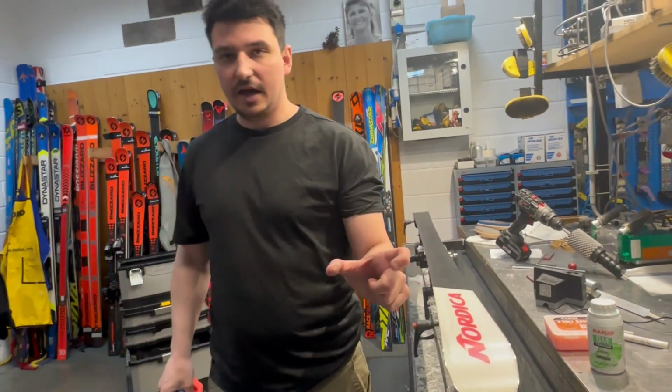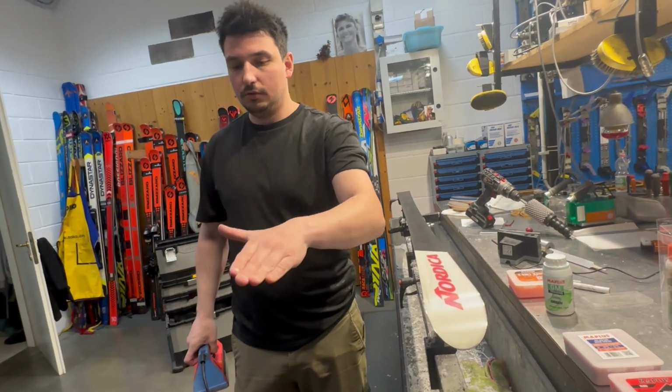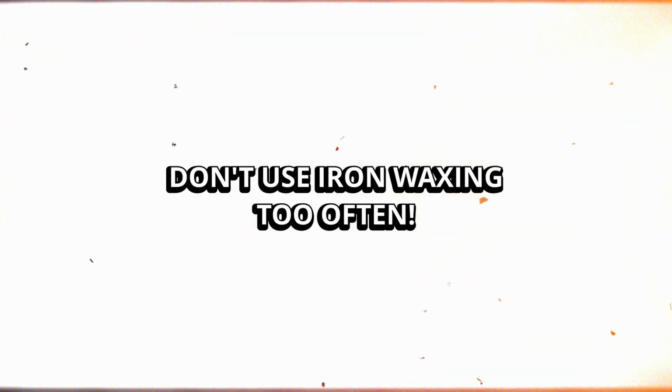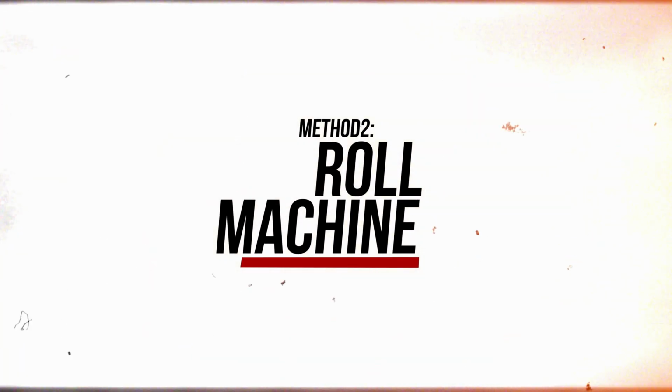Here, Angelo warns that ironing is effective but needs caution. On slalom skis, the tips and tails are very thin yet wide, and repeated heating can deform the structure. That's why he recommends using the iron only about 20% of the time and relying on the other methods for the remaining 80%. Great, so let's move on with the second method, the waxing roll machine, an efficient, less aggressive